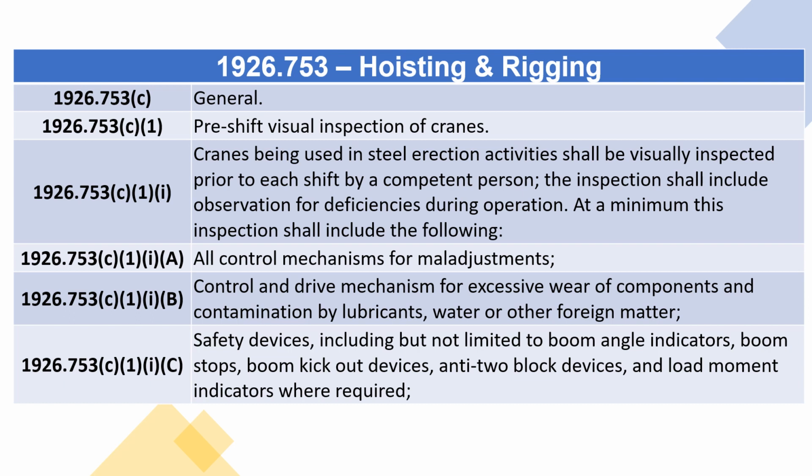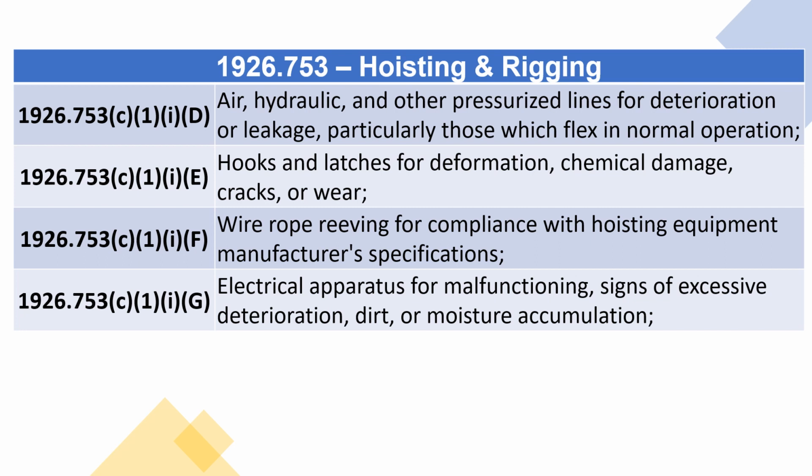1926.753(c)(1) Pre-shift visual inspection of cranes. 1926.753(c)(1)(i) through (c)(1)(iv). Cranes being used in steel erection activities shall be visually inspected prior to each shift by a competent person. The inspection shall include observation for deficiencies during operation. At a minimum, this inspection shall include the following: all control mechanisms for maladjustments; control and drive mechanism for excessive wear of components and contamination by lubricants, water, or other foreign matter; safety devices, including but not limited to boom angle indicators, boom stops, boom kickout devices, anti-two block devices, and load moment indicators where required; air, hydraulic, and other pressurized lines for deterioration or leakage, particularly those which flex in normal operation; hooks and latches for deformation, chemical damage, cracks, or wear;